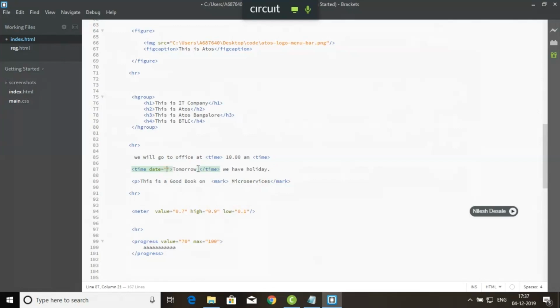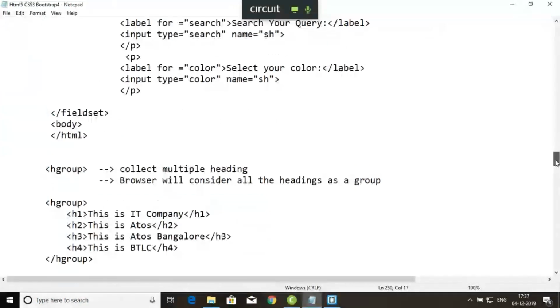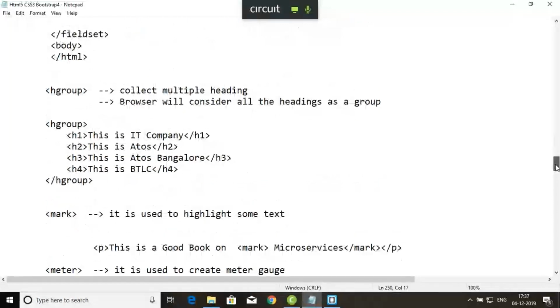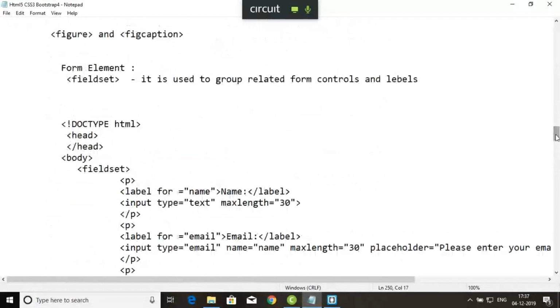Equal to, you can define the time here. Save it, file, save all. Click on this. So I'm talking about some of the elements being used: time, progress, hgroup, fieldset, meter, mark. These are some of the elements that came in HTML5 that we can use when we create pages,